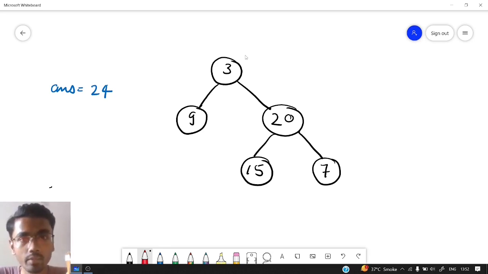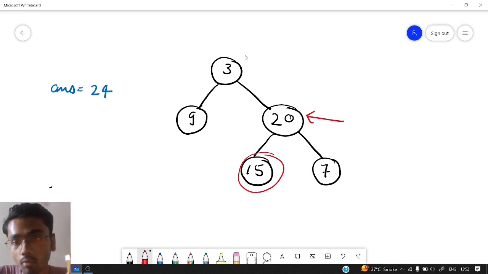So what can we do? Let's say we are on some particular node, say 20. To make sure that the next node, 15, is a left leaf or not, we can check its left child and check whether its left child is a leaf node or not.